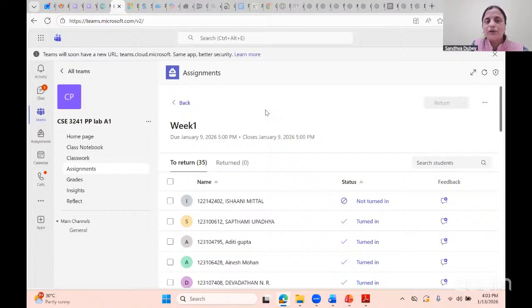So for example, for lab, instead of asking the students to write the complete program into the observation book, here there is no concept of taking the printout of the record or writing the complete code. What we ask for every lab, like last week, my semester started. So for the first lab, we scheduled the assignment. We asked the students. I'll show you one demo.